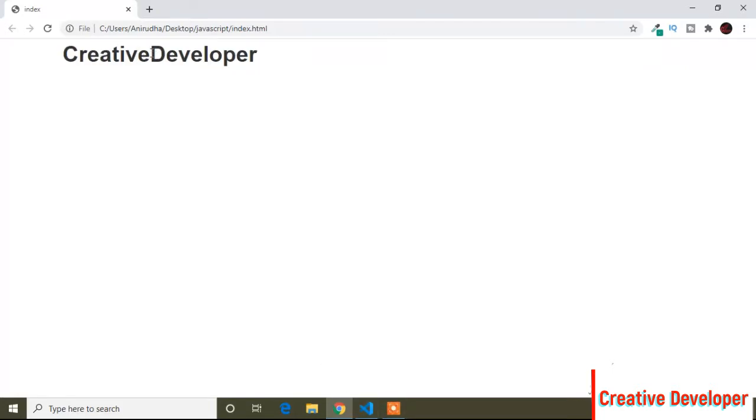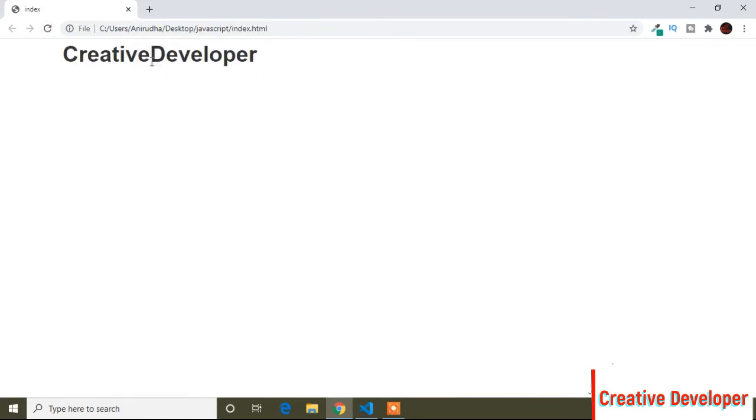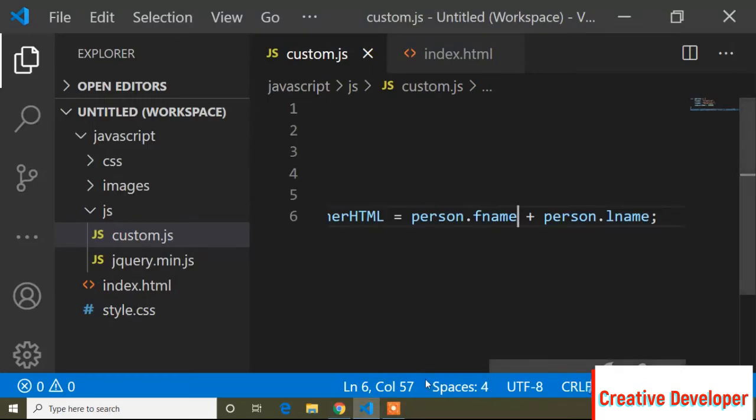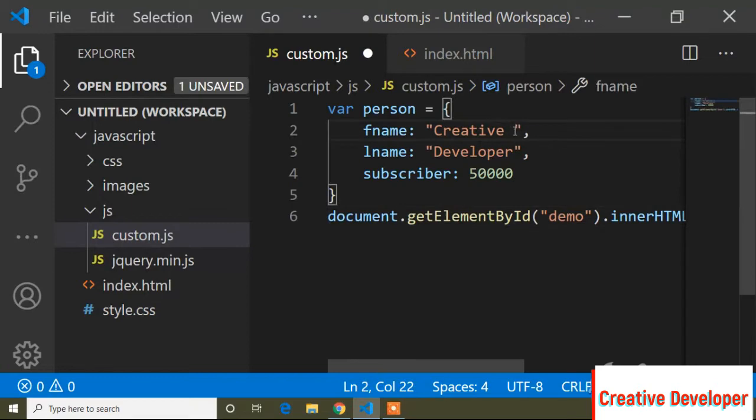So I have to add some space here, I mean after creative, so I have to add space here. So for that I can do one thing: I can add space here. That means space will be added here, and then it will print developer. Otherwise I can add space here.